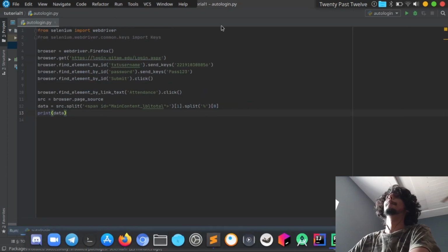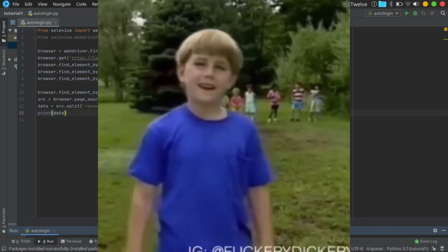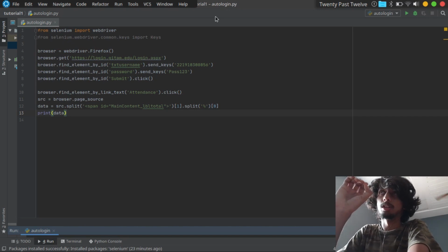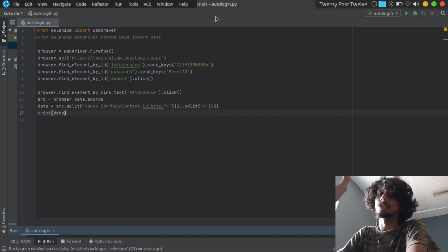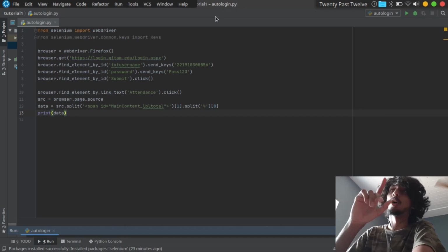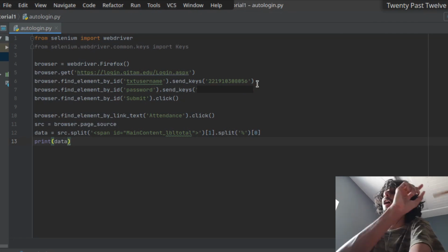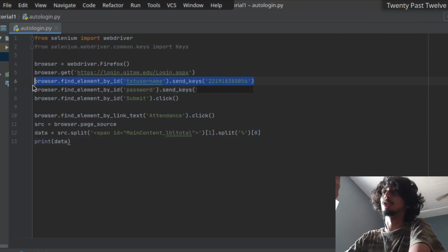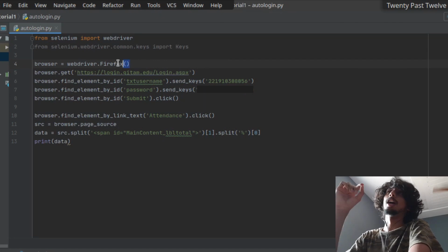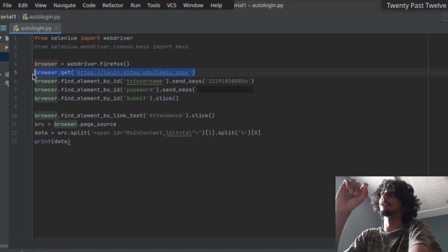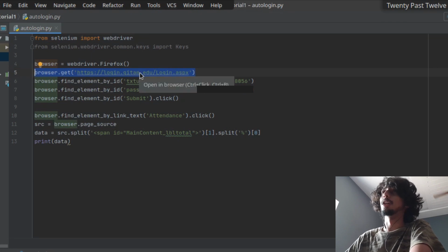That's it. But wait a minute, this is not going to work all the time. If you have a slow internet connection, this is not going to work. I'll tell you why. These lines execute very quickly. After executing the first line, right away it goes to the second line, and then the third, fourth, fifth, until it executes the entire code.